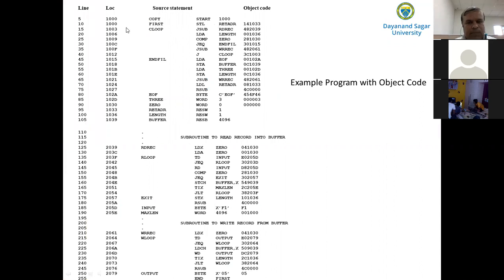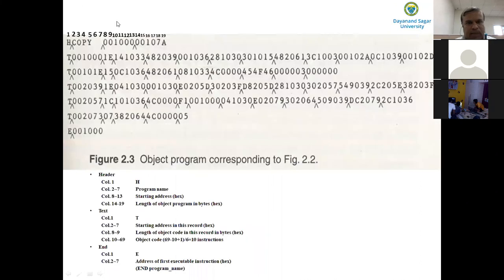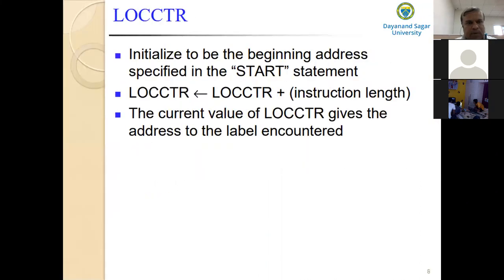So for our example, what is the beginning address? The beginning address is 1000. This LOC column is nothing but the location counter variable. In the beginning, it is initialized to the starting address; the starting address is 1000 here. And then after the assembler starts translating each statement of the source program, after each statement is processed, the length of the instruction is added to this location counter to point to the next instruction.